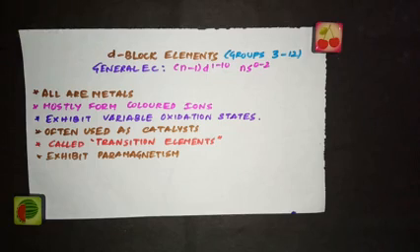These D block elements are also called transition elements, because they are present in the middle of the periodic table and form a bridge between the metallic S block elements and the non-metallic P block elements. So there is a transition in property which happens through D block elements. That's the reason they are called transition elements. We usually say a D block is sandwiched between S block and P block.